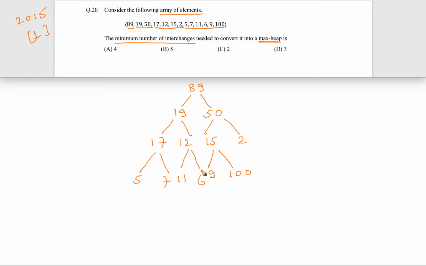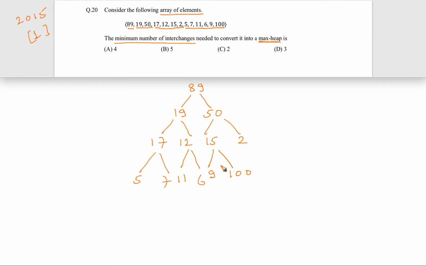Okay, so this is definitely the structure of a max heap. Why? Because it is a complete binary tree, which means that all the levels apart from the last are full and the last level is complete towards the left, and that's why it is the structure of a max heap, which is a complete binary tree.